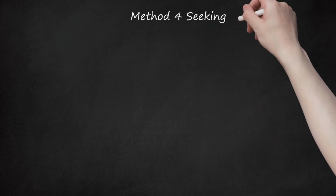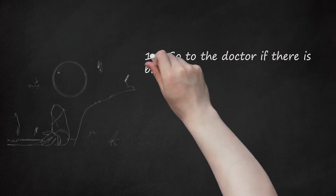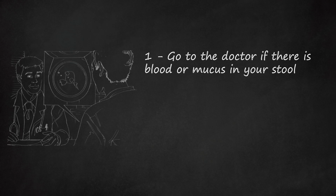Method 4. Seeking medical care. 1. Go to the doctor if there is blood or mucus in your stool. This could be a sign that your chronic diarrhea may be a symptom of a more serious medical condition. You should seek medical treatment as soon as possible if you notice any blood or mucus in your stool or